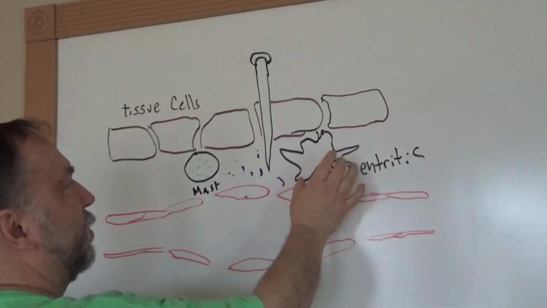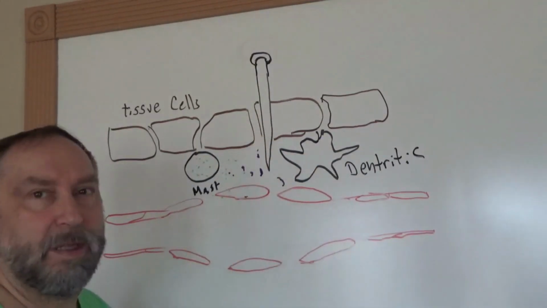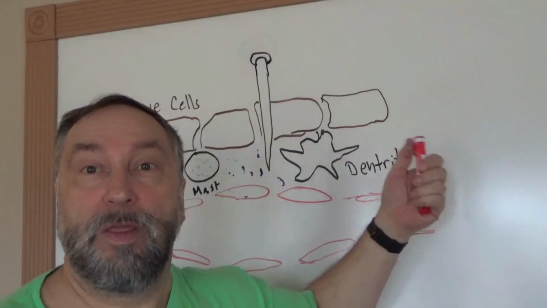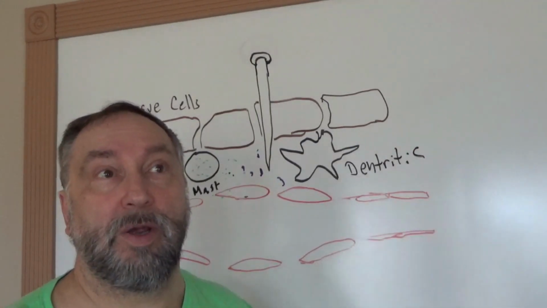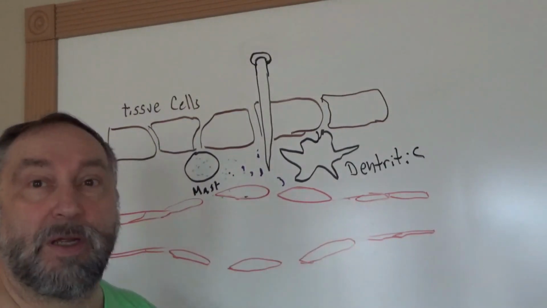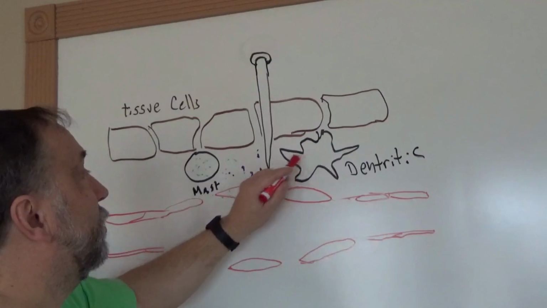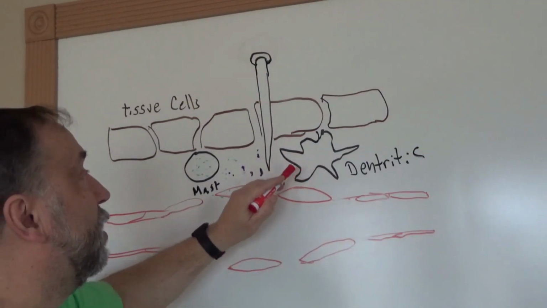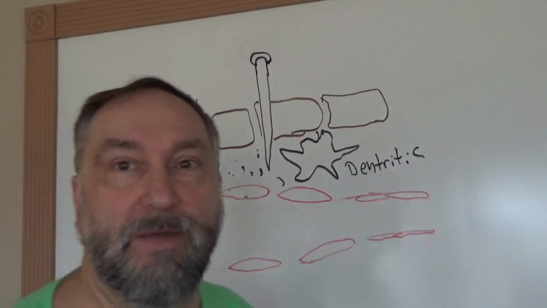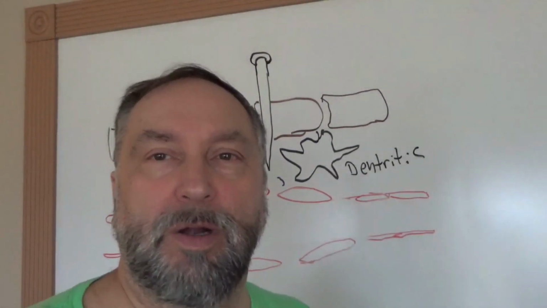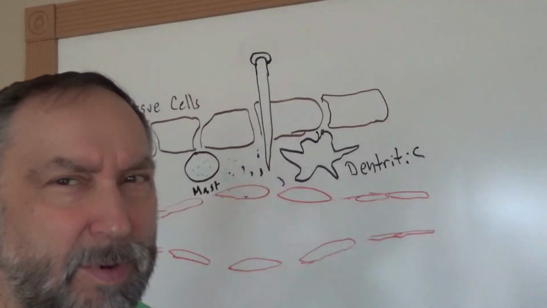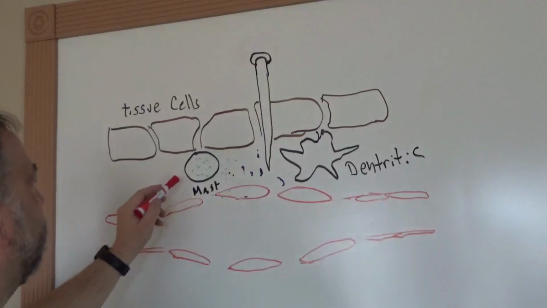This dendritic cell here will also, if there's any pathogens on this nail, which you can guess there are, when you step on a nail it's not usually sterile. So the pathogens on this nail here will be here in the interstitial space, or maybe even down in the blood. But anyway, the dendritic cell will pick those up and carry it to lymph nodes. And so when it gets to the lymph nodes, then the lymph nodes will start a response of its own that I'm not really going to talk about here. So anyway,